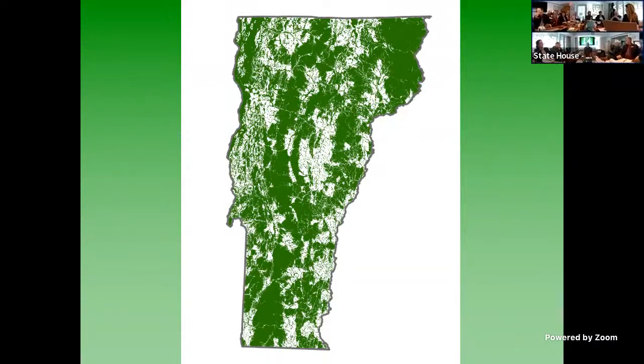But I think those places, their values might be best maintained if they're also allowed to proceed under natural processes. But again, those are small, discrete areas. They're usually not very productive for timber anyway, so we're not talking about a huge area. The rest of the design, I think forest management is perfectly compatible and probably very helpful for maintaining landowners' ability